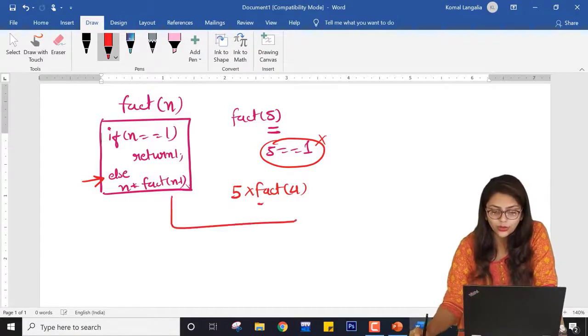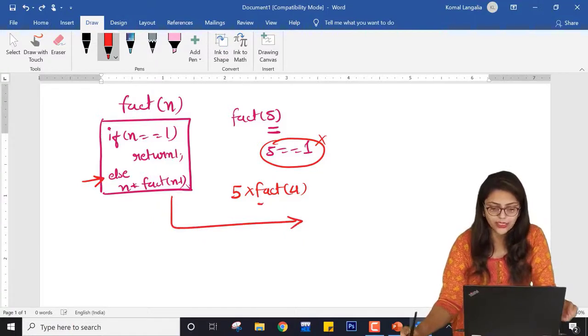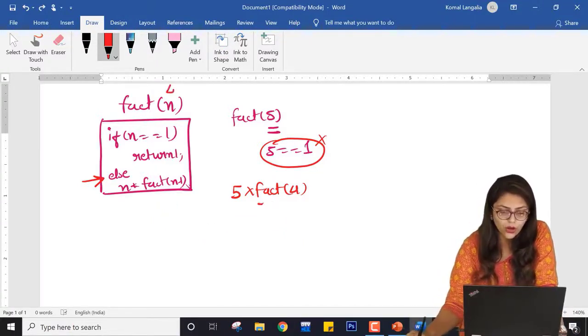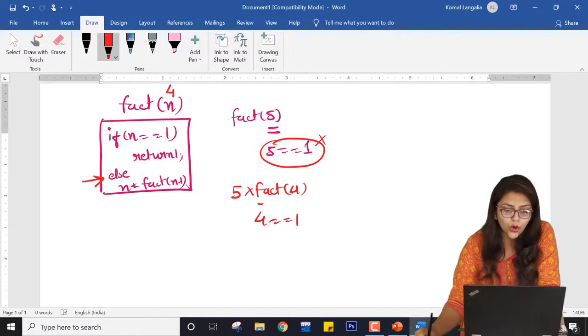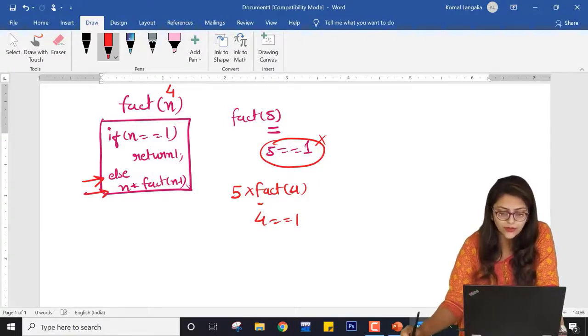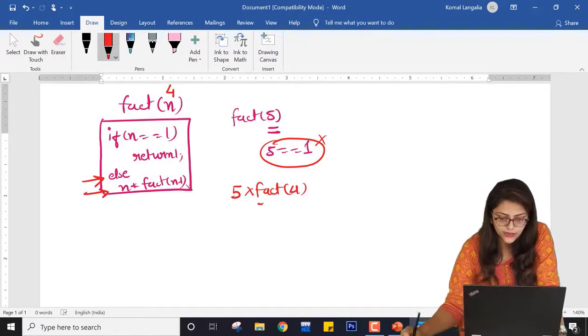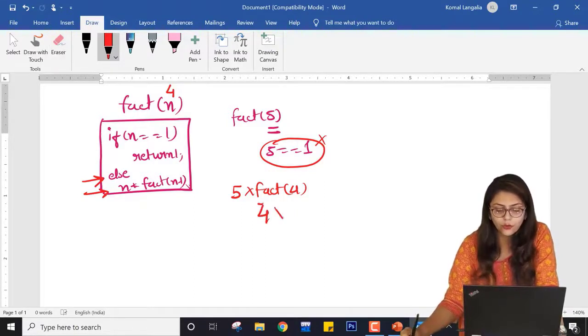Now before going through the main, it will not go through the main, it will just call fact of 4. So n becomes 4. So is 4 equal to 1 or not? No. So it will go to this else, and instead of this it will call 4 into fact of 3, right?